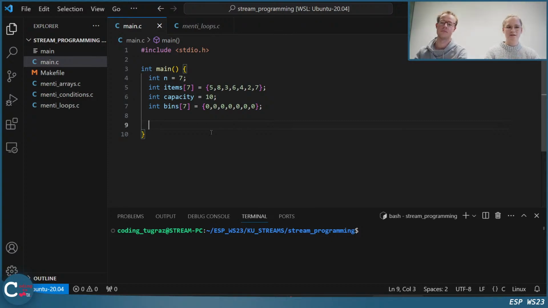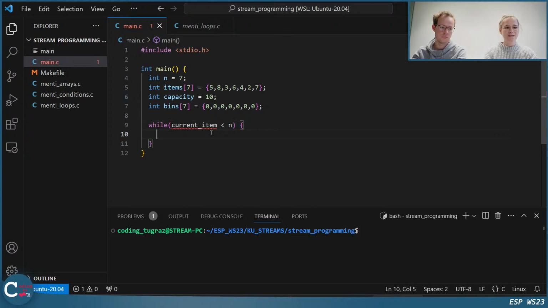Now let's start with the loop. So we have the while, and now we need a way to iterate over every item. So let's increase a variable current item as long as it's smaller than n. So let's create it. We initialize it with 0 because we start with index 0, as said before, with arrays.